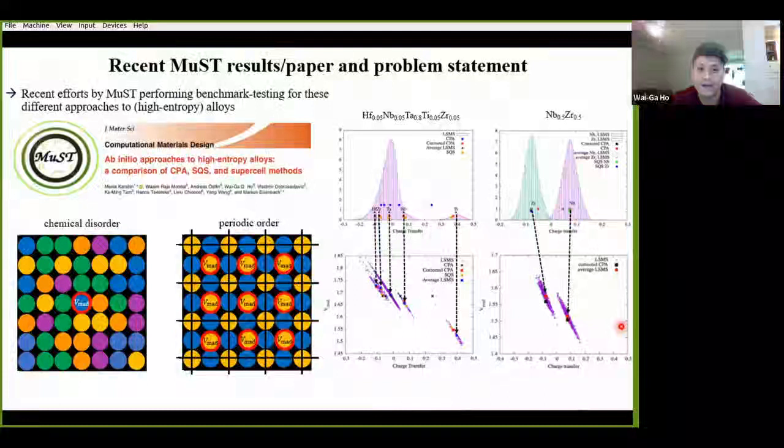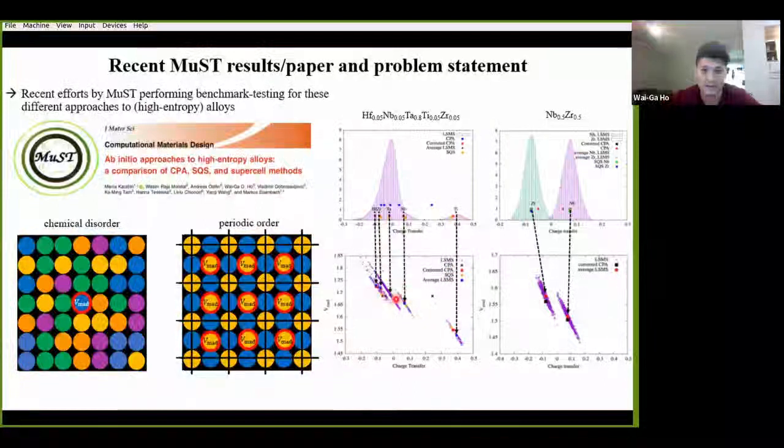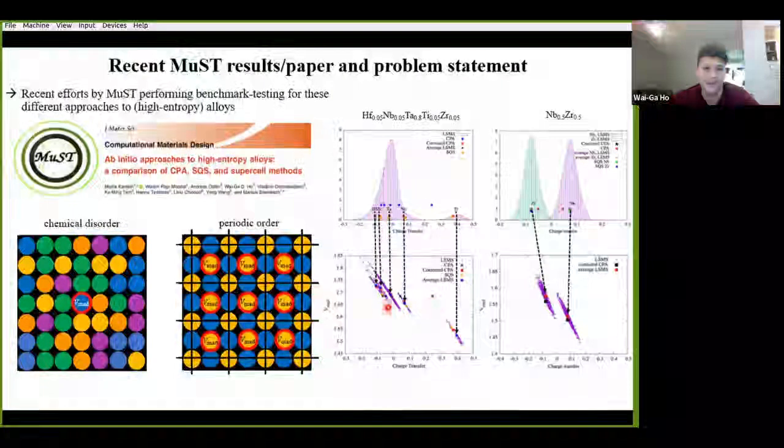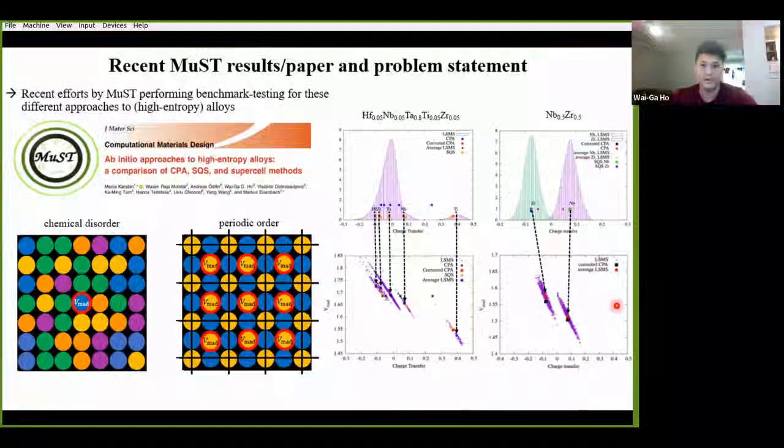One thing I also want to add is that, if we look at this bottom panel over here, we can see that CPA alone, the black crosses, show a Madelung potential that's completely uniform. And this is due to some of the issues that we talked about earlier, where each atom in the CPA sees the same environment and therefore has the same electrostatic potential. So clearly, these corrections are quite significant and can improve the accuracy of CPA without sacrificing too much of its computational affordability.